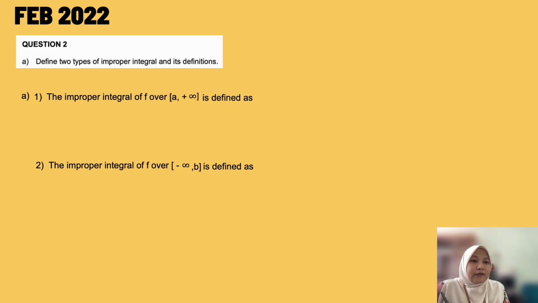For the first one, the improper integral of f over a until positive infinity is defined as the integral of f(x) dx from a until positive infinity equals the limit of b approaching positive infinity of the integral from a until b of f(x)